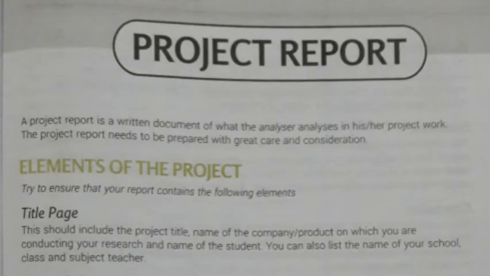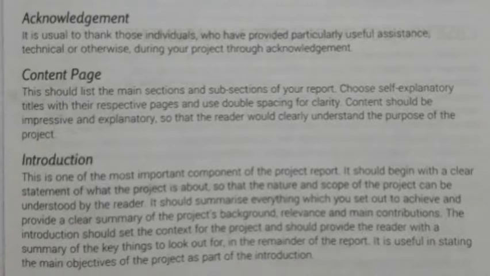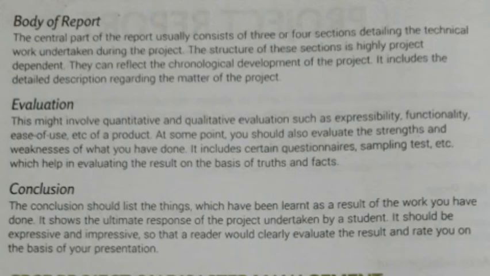Children, let's have a close look once again at how to make a project report. First thing, we have to take care of the title page, where we have to mention the title. Again, the second page will be of acknowledgement, then contents, and then introduction. With that we have to see the background. Along with that we have to take care of the body of the report, where section-wise we will prepare the report of the selected topic. Then we have to do our self-evaluation, what we learned, where was our weak point and what was our strength. Along with that we will conclude the project part.